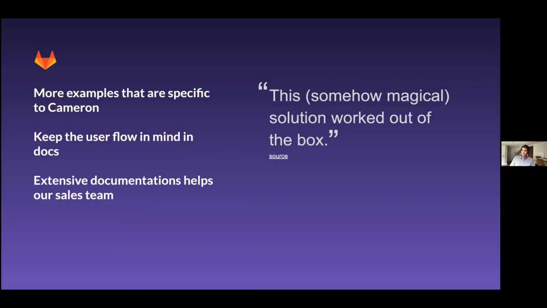We really want to bring in more examples that are specific to Cameron to help show best practices or even use cases that maybe others don't think about. Oftentimes we hear from customers asking, hey, what do other companies like us do in this scenario? We kind of know the goal we want to go towards, but we don't know how to do it ourselves necessarily. So keeping that user flow in mind, keeping those assumptions at the forefront can really help extend our documentation